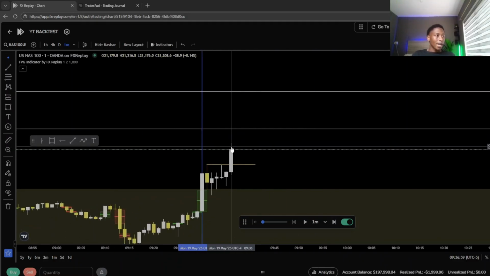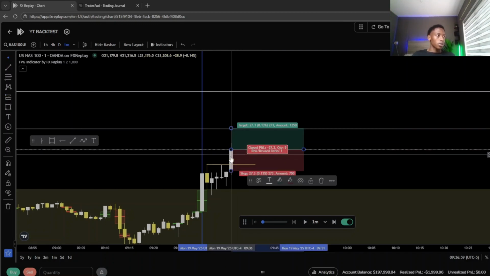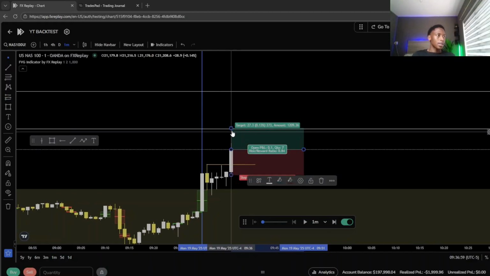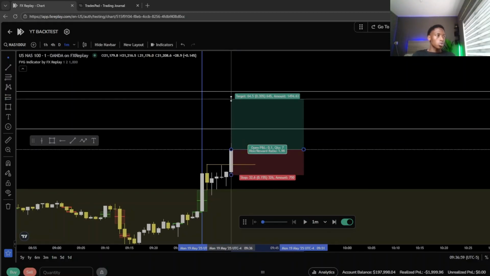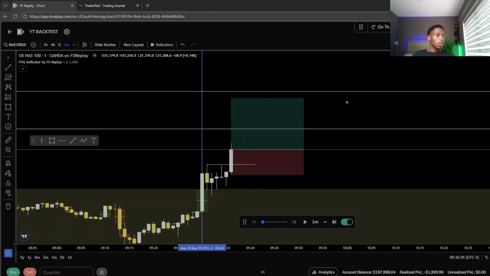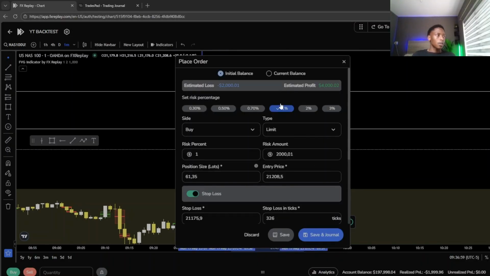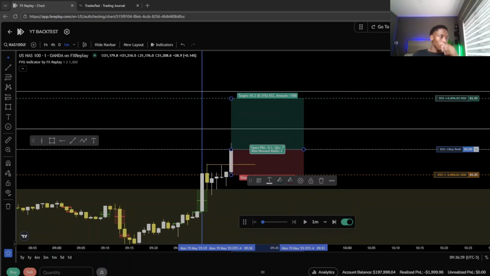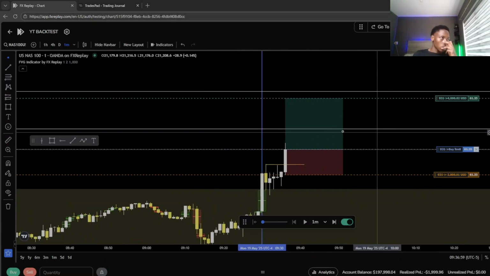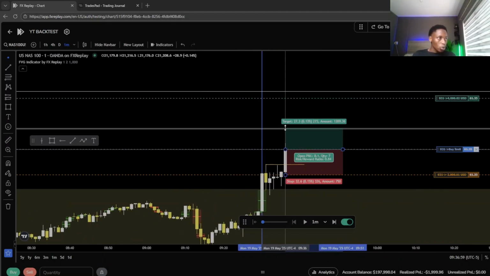We took out one take profit, but there's still two we could actually potentially go for, so I'll go for it. This is an A+ setup. We'll go for 1:2 still, right? 1:2. We'll come in over here, we'll place the order, we'll risk 1% still. So this time we have a potential of making $4,000. Remember guys, 1:1